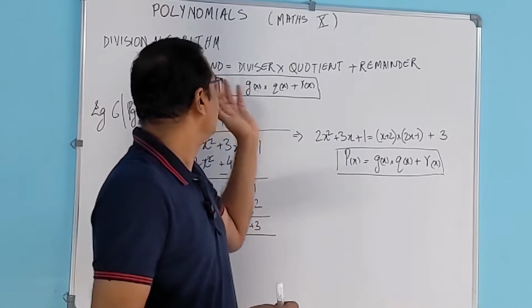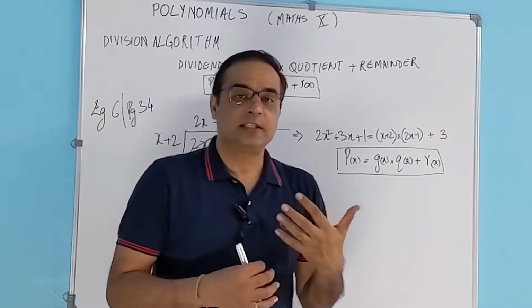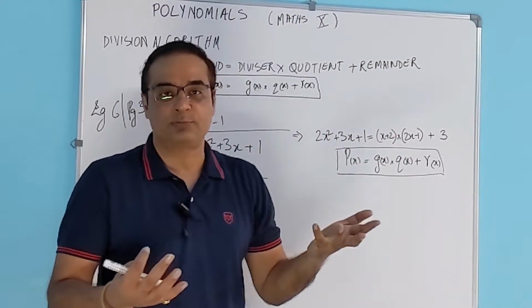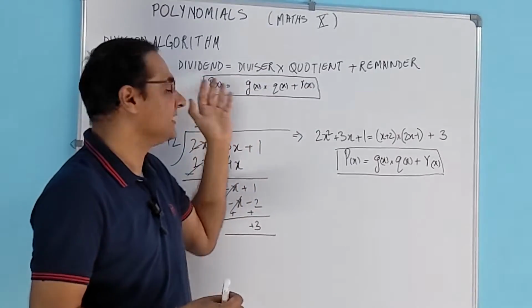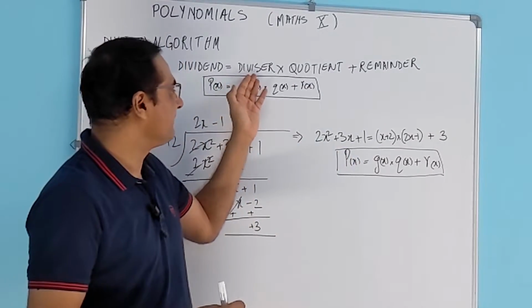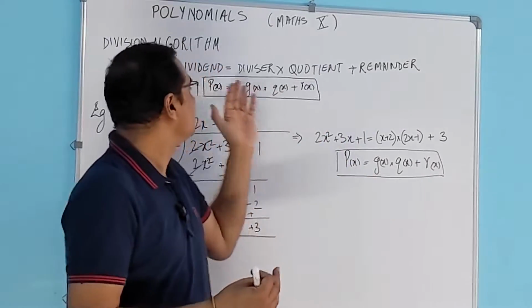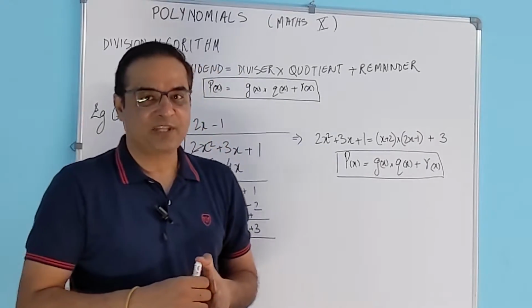So when we have a polynomial which is to be divided by a divisor, the term we get as quotient, and then the remainder which cannot be further divided is known as remainder. When we put that in an equation saying that dividend, which is the actual polynomial, equals divisor multiplied by quotient plus remainder, this is known as division algorithm. We are going to see this in detail as we move along.